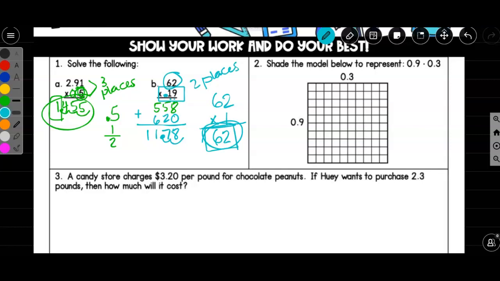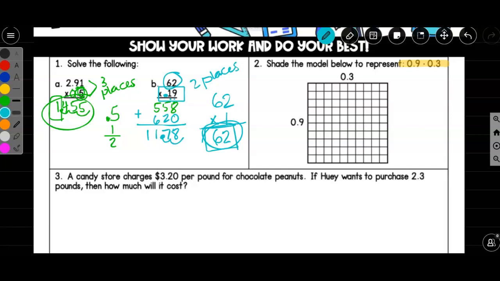All right, let's see. It says shade the model below to represent 9/10 times 3/10. Now you might remember this. Once I get started, okay, first of all, you could do the standard algorithm, which means you could go ahead